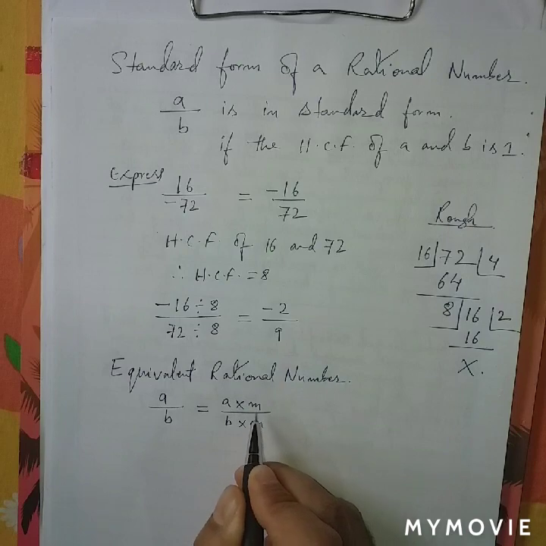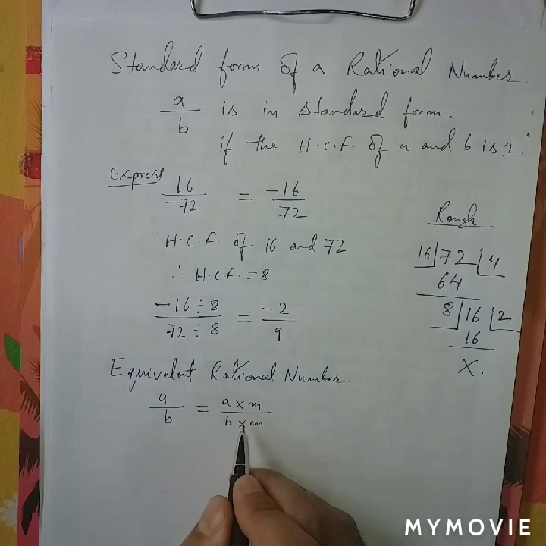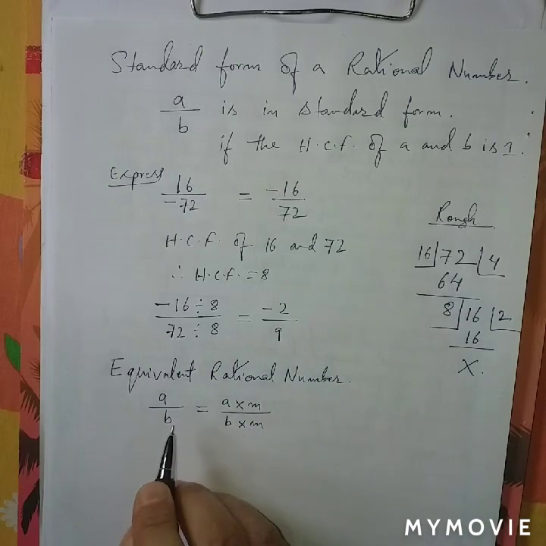This m is a positive number or a negative number, but not 0. It can be any integer except 0. If you multiply the numerator and the denominator by the same integer except 0, then what we obtain is equivalent to the